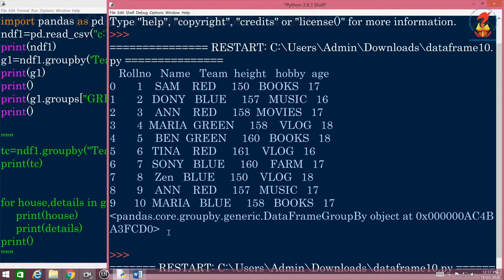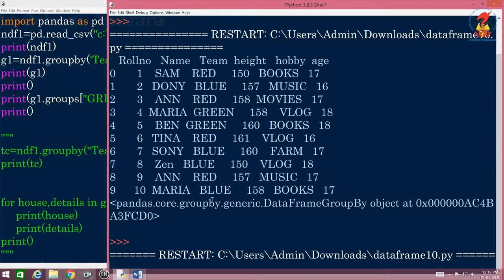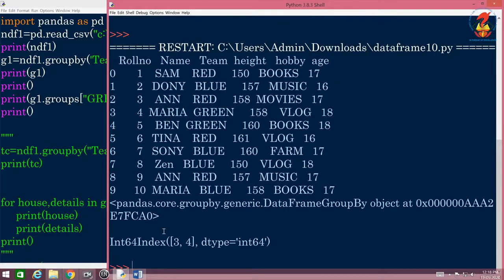So earlier it was like this. Now let's see how the output comes. It takes some time, of course, and see what is the answer. This is the answer. Now what is this? It is just showing you under green. Now you have green, correct? How many are there? 1, 2 greens are there, isn't it? So that particular index, of course, in 3 and 4 you have green, correct?